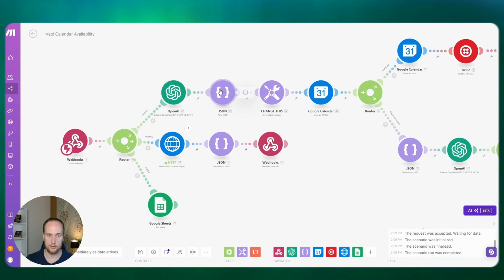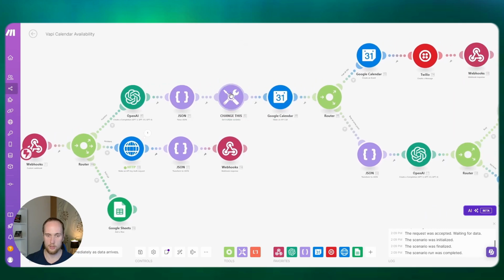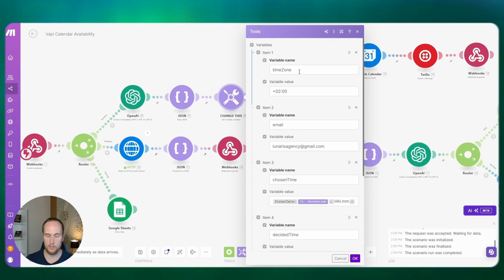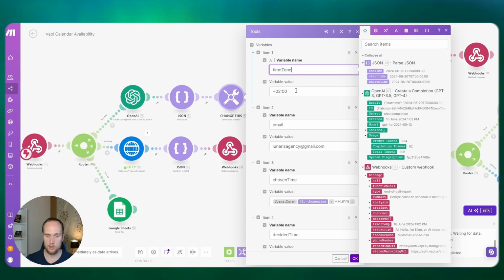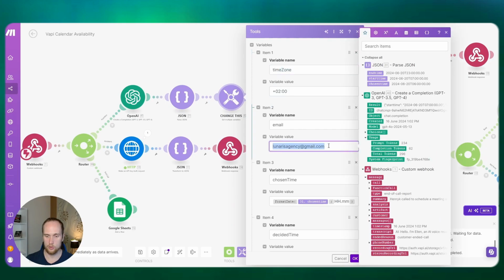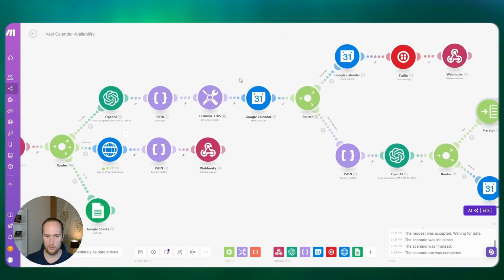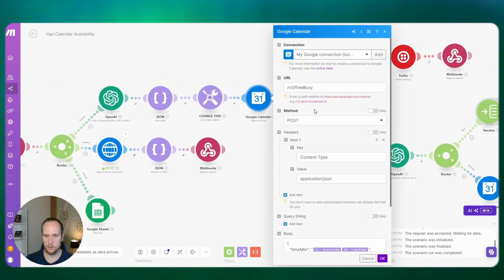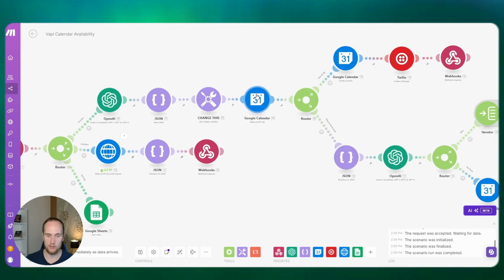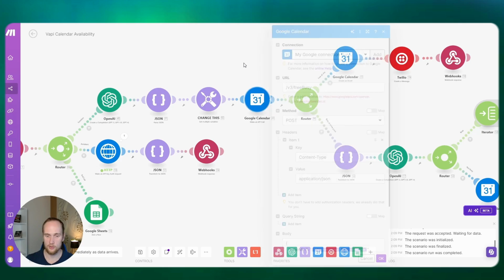We got up to here in our setup, and then I put in my time zone variable. You change your email in here. I might actually put this node in for you guys. This is the exact same setup I had in part 2 of my scenarios. It grabs the busy slots for that day.